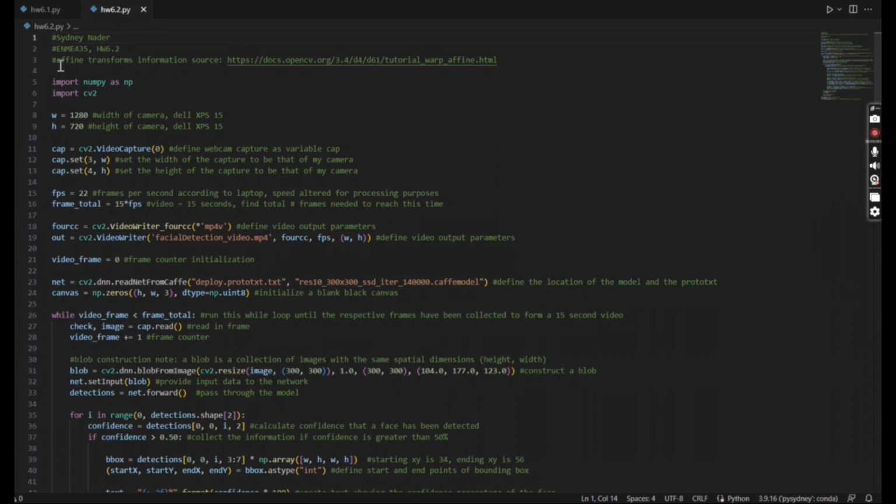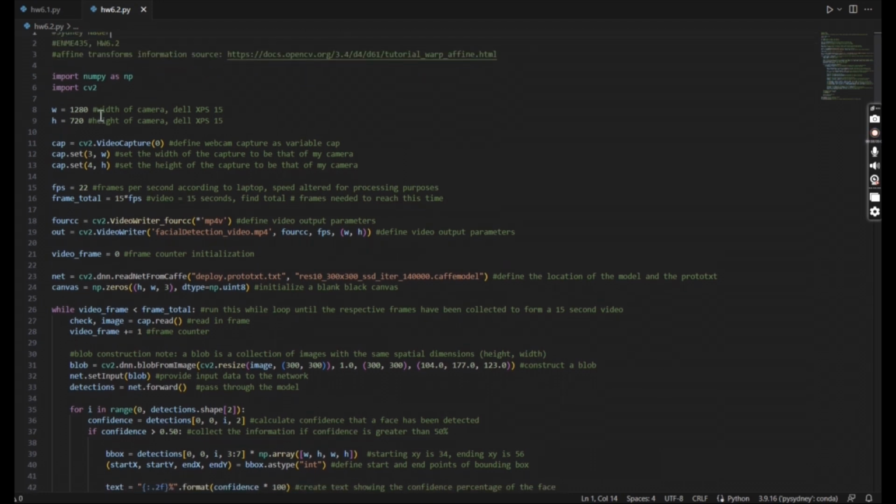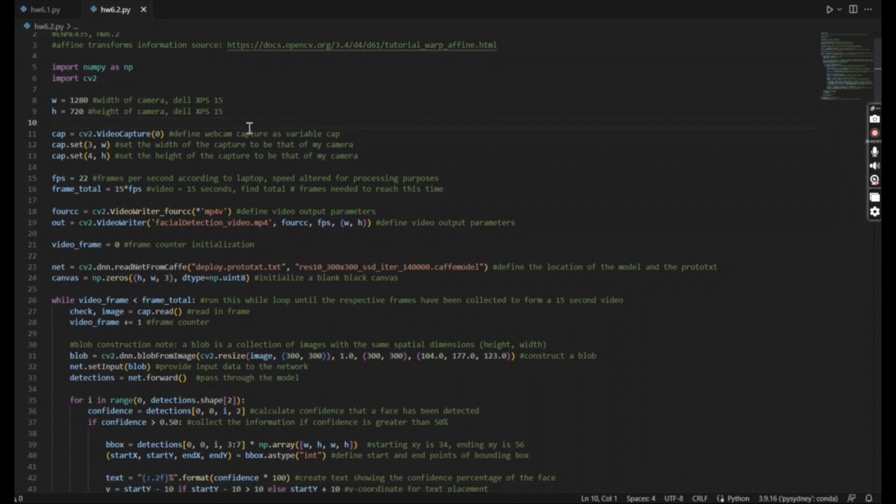Here at the top I've listed ENME435 transforms information source just in case you're unfamiliar. I did some research and utilized CV2.warpAffine, and that was very useful for me when working with the frames and keeping everything relatively translated as I move my face around. So here in lines 5 through 6, we can see me just importing necessary packages,